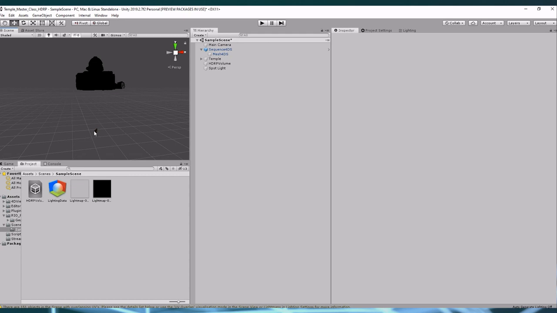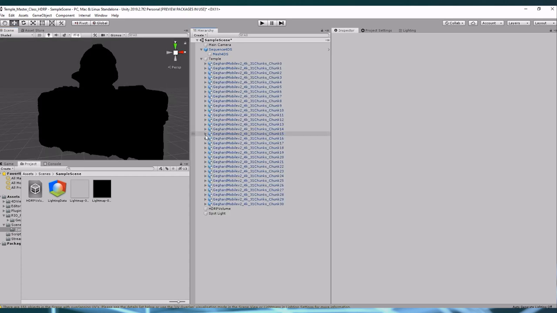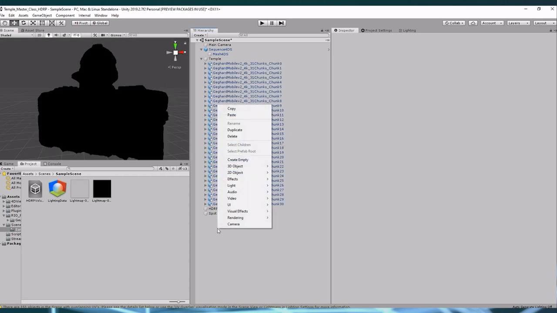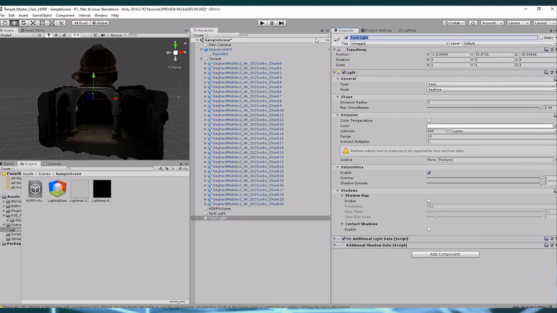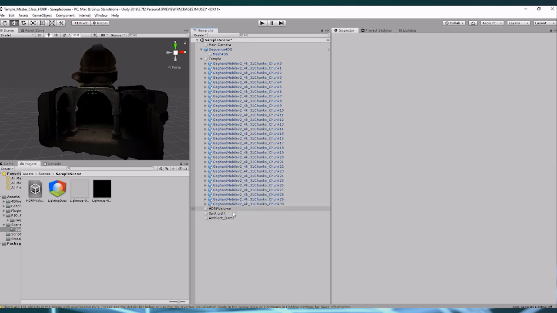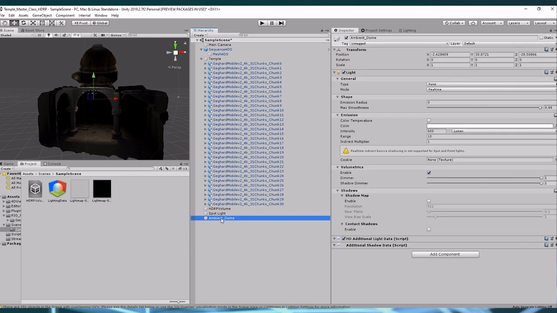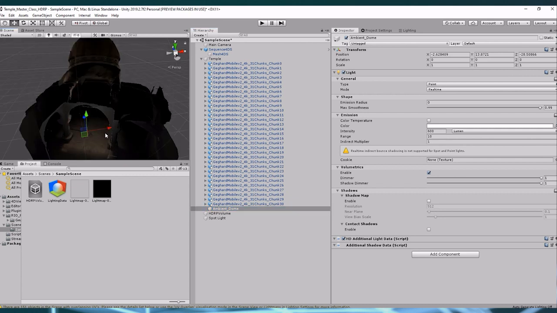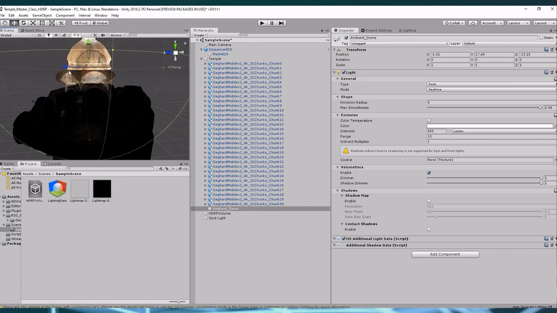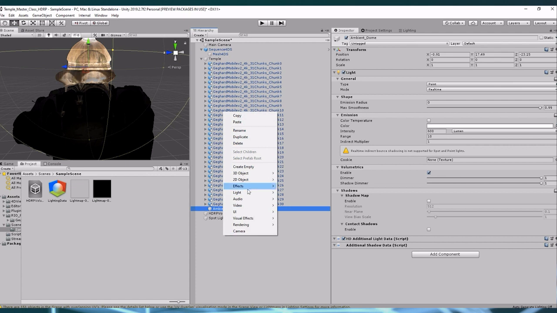So let's start by setting up some baked lights in our temple. Let's go into our hierarchy and create a new point light. I'm going to call this Ambient Dome. I'm also going to make the Ambient Dome point light a child of the temple, so that when I later drag it around, it wouldn't accidentally change position. Let's place this ambient dome light into the top of our couple. Right here. Let's also create a second point light